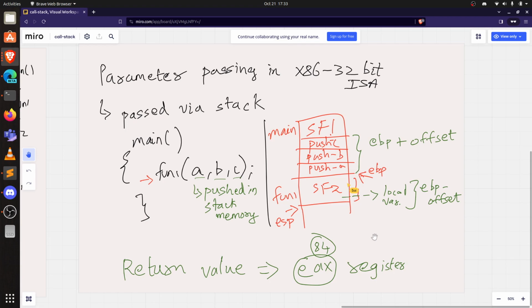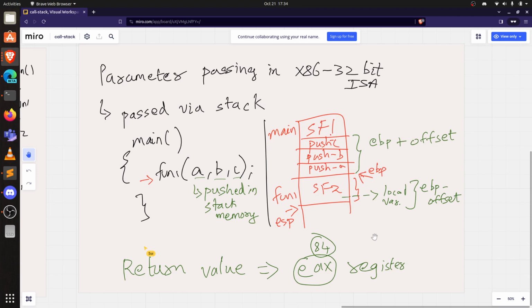Say I can write a new language like C minus minus, and I can write a compiler for that language where, when I invoke a function, instead of pushing all the parameters in the reverse direction, I can push the values in the exact way in which they appear. So instead of first pushing C, B, and then A, I can push them in the opposite direction: A, B, and C. So it's up to the compiler engineer to decide on the ordering of these parameters in the